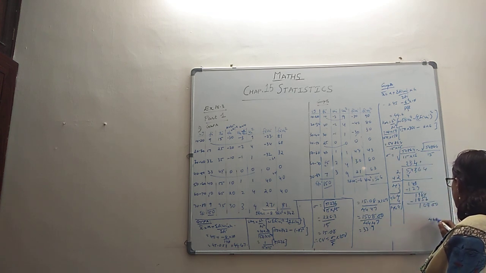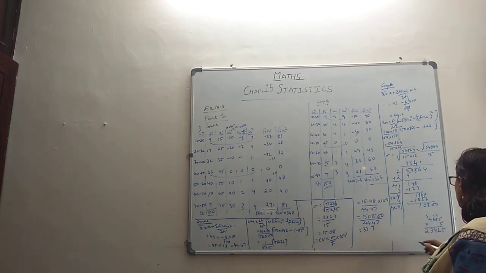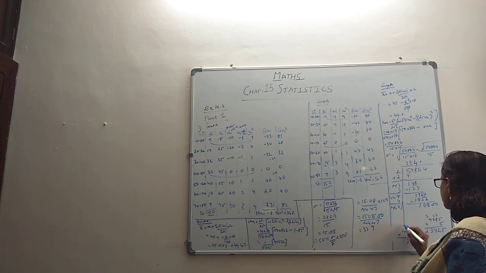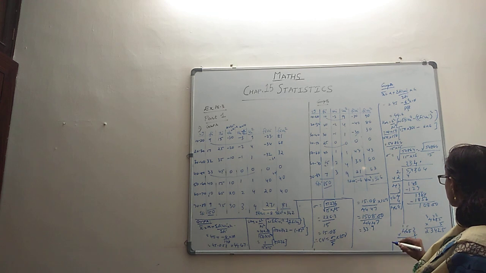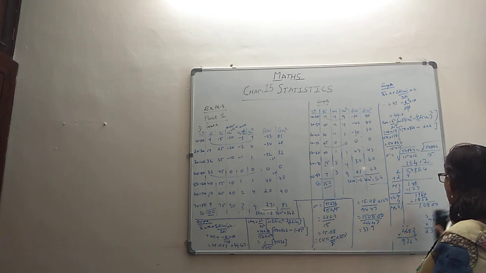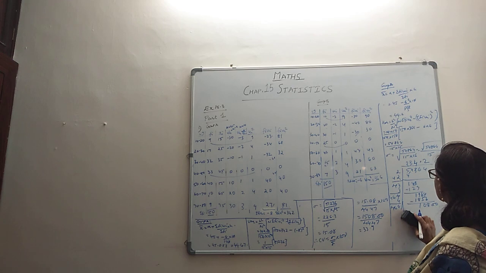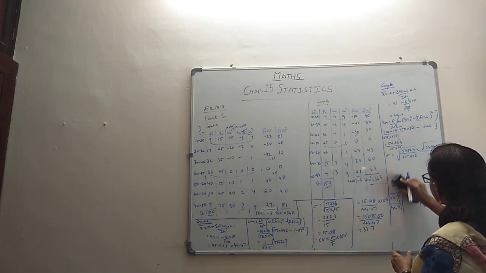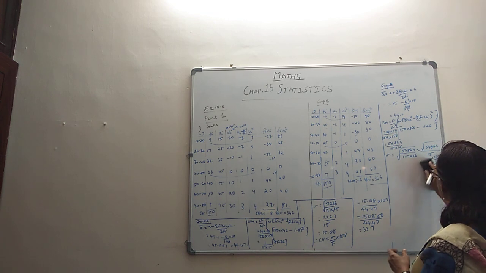So 4 6 8, again the multiplier 5. 5 5s are 25, 42, 34, 23. That's too high. So 4 6 8 2. 2 2s are 4, 8 2s are 16, 12 and 1 13, 4 2s are 8 and 1 9. That should be okay. So this should be 2. I think we can stop there because dividing by 15 means we will shift the decimal. So 234.2 divided by 15. We have not got the value yet, we have to divide by 15.